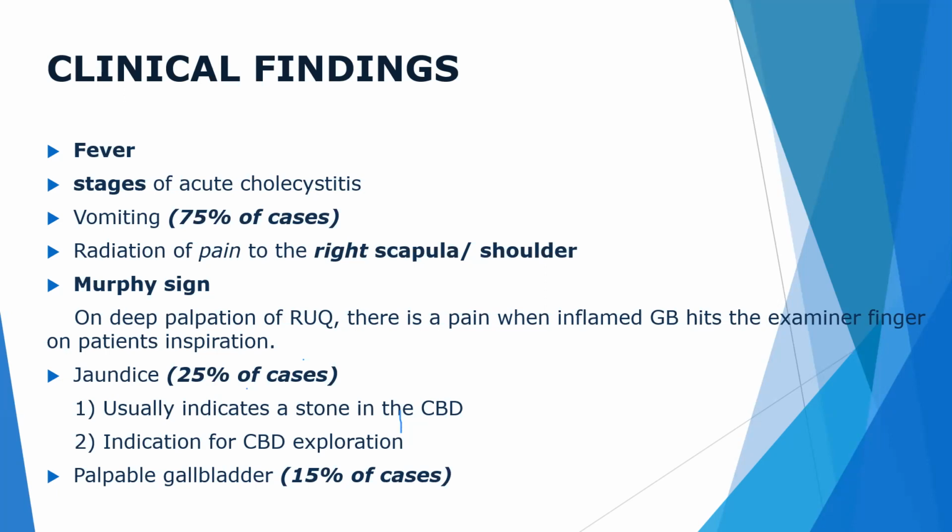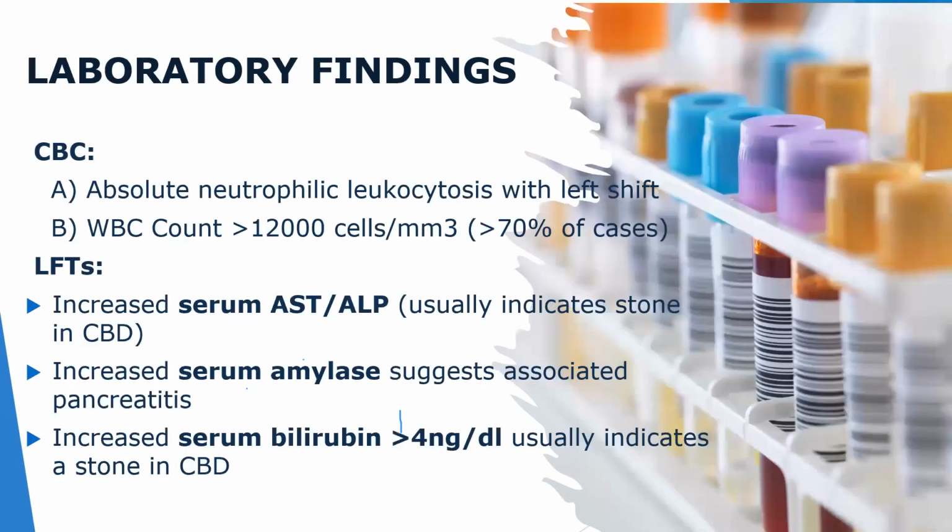finding. HIDA scan is another helpful investigation, and it may help you in identifying small stones in the cystic duct. And when you find no visualization of the gallbladder or no tracer into the duodenum, that will indicate a stone in the CBD. Thanks to the internet, I took this picture from the internet to show how it is performed, and intravenous